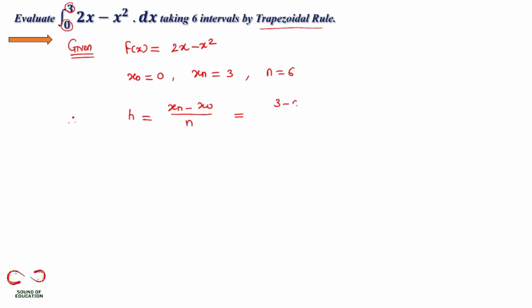So here 3 minus 0 divided by 6. So here h is equal to